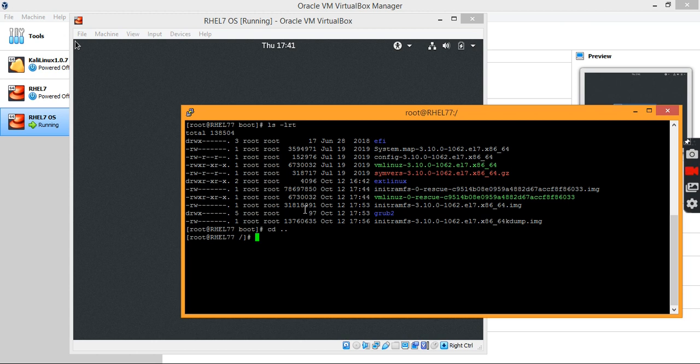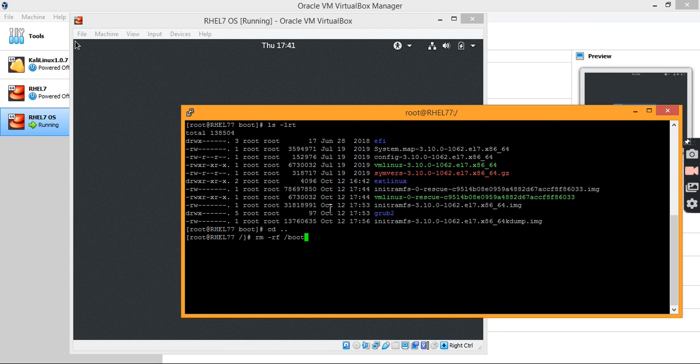I recommend to take the backup. Always take the backup, whatever the file you are going to modify. So I am running this command. Guys, this is a very sensitive command.